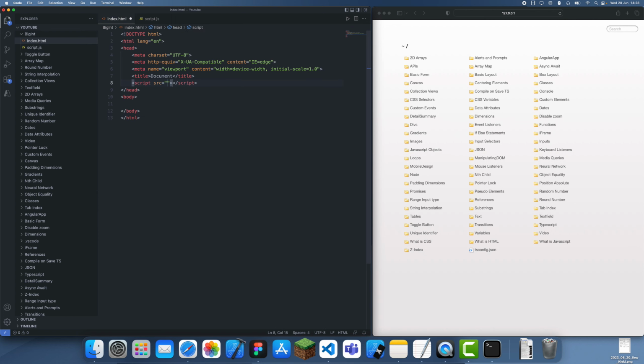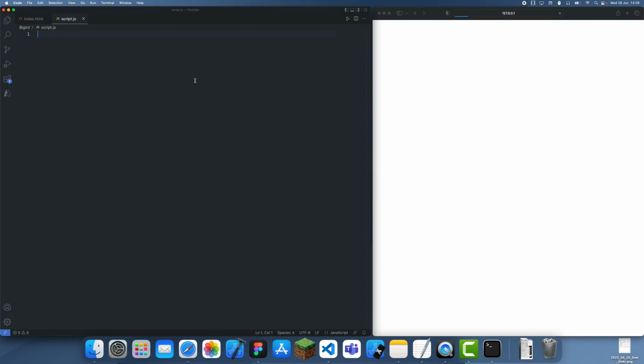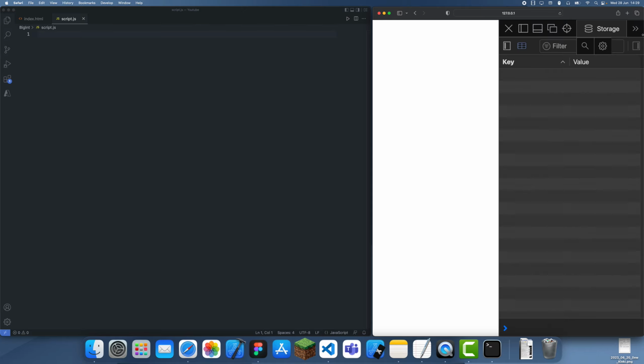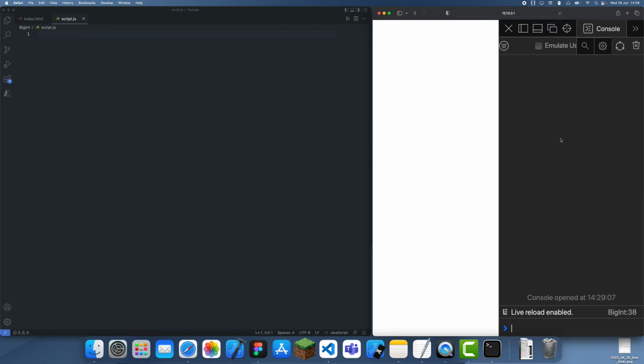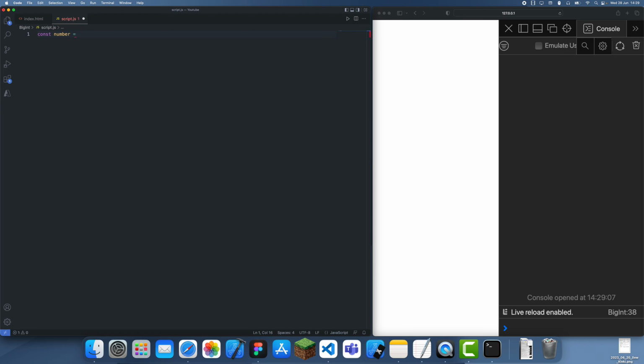So I'll just call this script.js. Okay, so let me first show you guys what a BigInt actually is. In JavaScript, we have the regular number type, which is pretty much used all the time. So let's just call this a number. This is the default type it takes when you just assign any kind of number, so it can be an int, a float, anything like that. Let's say we have a number such as 100,